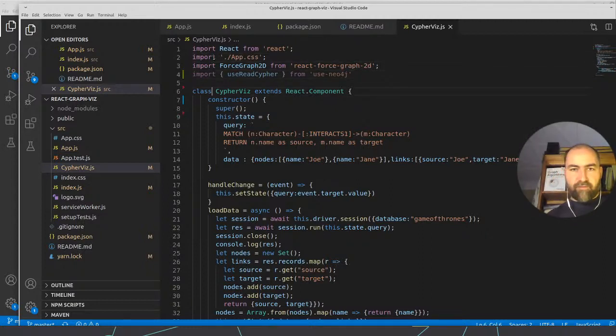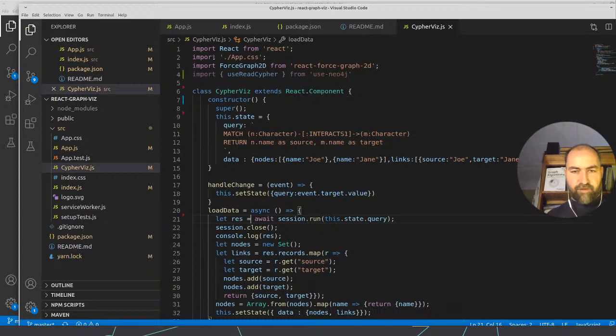Okay, use read Cypher, and then I should be able to, in my load function, we don't need a session. Actually, that's a good question for Adam. And then we should actually just be able to run use read Cypher from the Cypher statement.